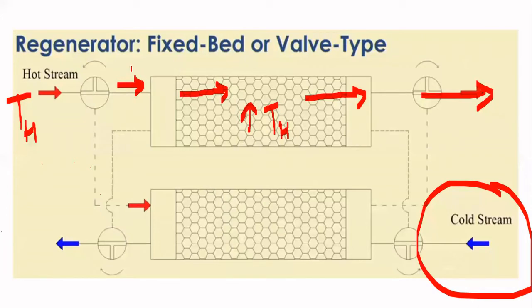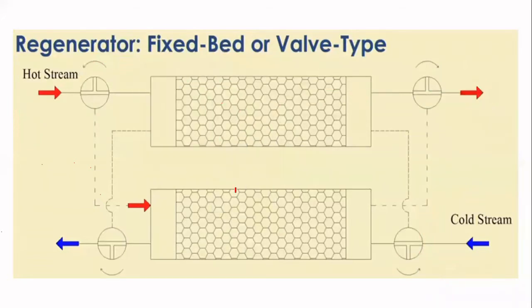So to change the direction of the stream, we are going to rotate this valve in this direction. When we rotate the valve, what is going to happen? The stream is going to take this path now, the path which has been shown with the dashed line, and it is going to enter the second bed. It is going to enter the second matrix. As it flows over it, again the same thing is going to take place. The temperature of this one is going to rise up, and it will go straight. Now this will be done alternately. First the stream will be flowing over the first bed, then over the second bed, again the first bed, then the second bed.